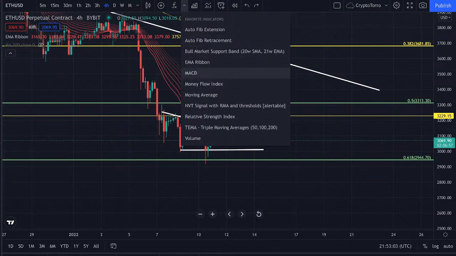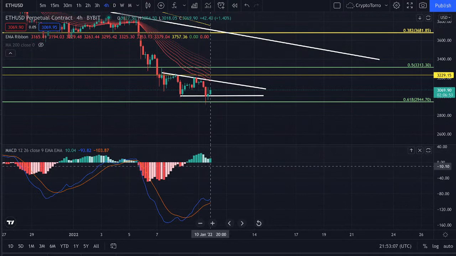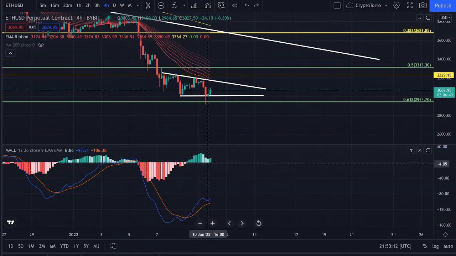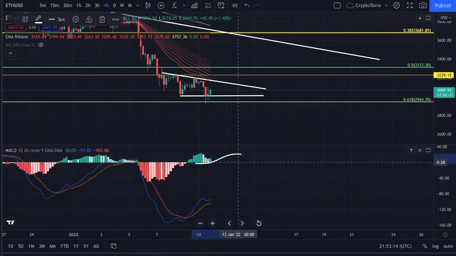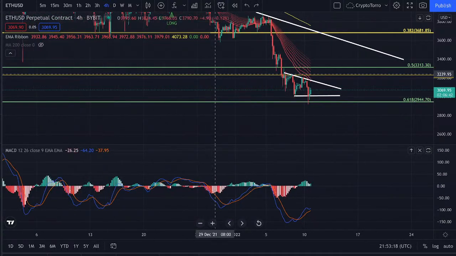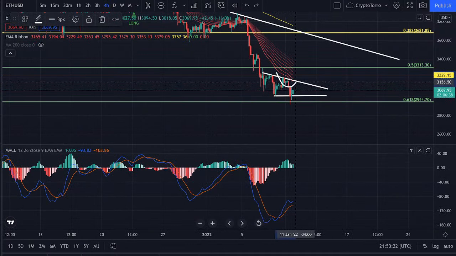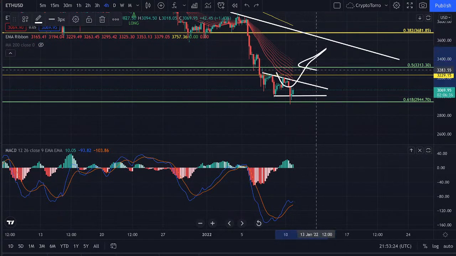but let's take a quick look at as well the MACD. So on the MACD, what we are seeing is that we already experienced momentum towards the upside. Unfortunately, we have seen that already occur, but what we are seeing right now is a continuation of those momentum towards the upside. So this is something I think is actually quite good, due to the fact that this could lead towards a possible further momentum and a continuation of Ethereum's price action, heading towards a breakout above the 3,229